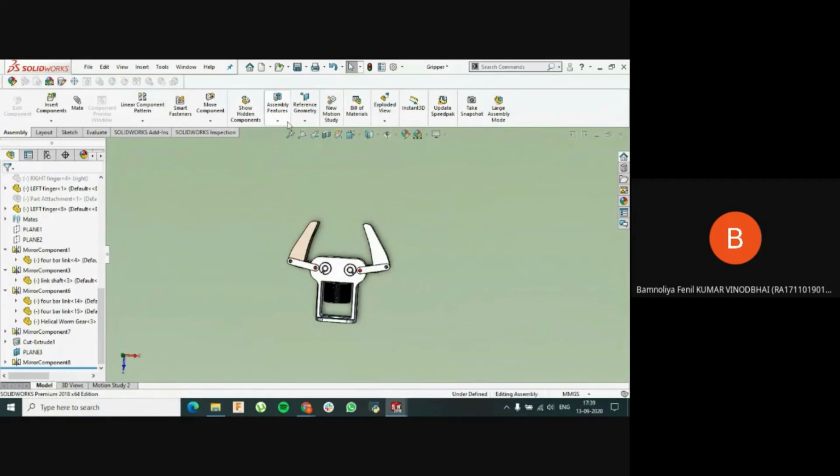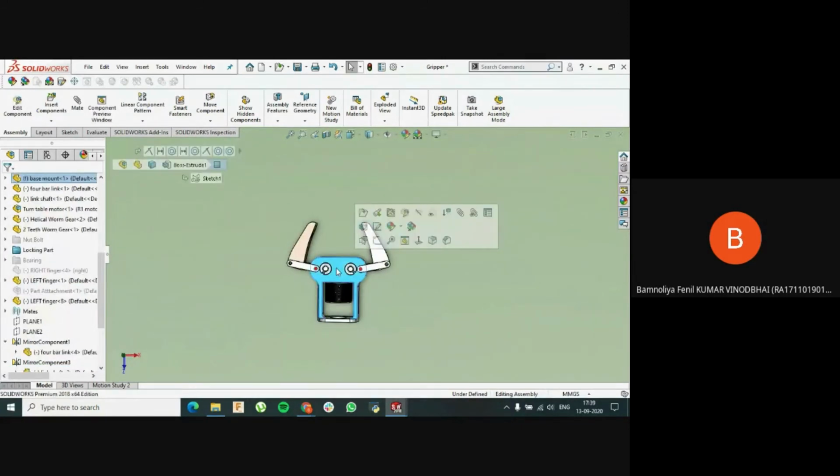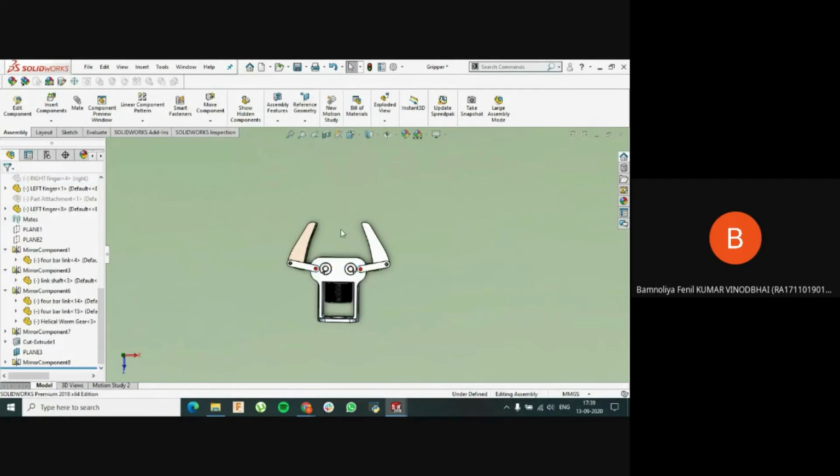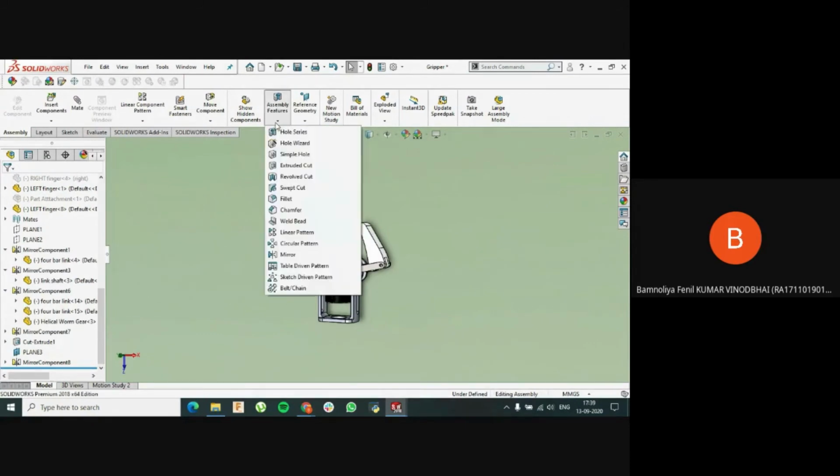So yeah, and for the assembly, if you want any reference, like this face is away from the other face about this plane, right? For this type of reference, you can use the import geometry option, where you can create one plane and extend it around any part you want. And assembly also provides the basic features that you have used in part design, right? So you could perform the basic features like chamfer and cut extrude and all this stuff.